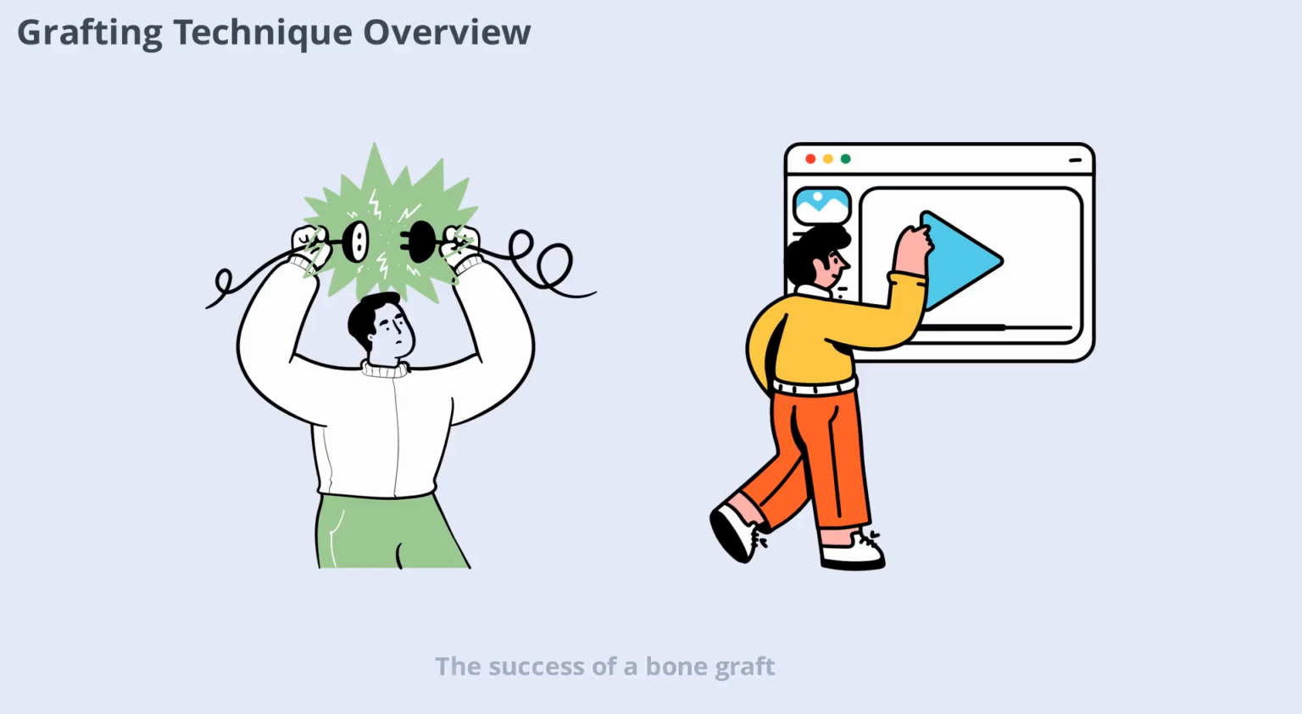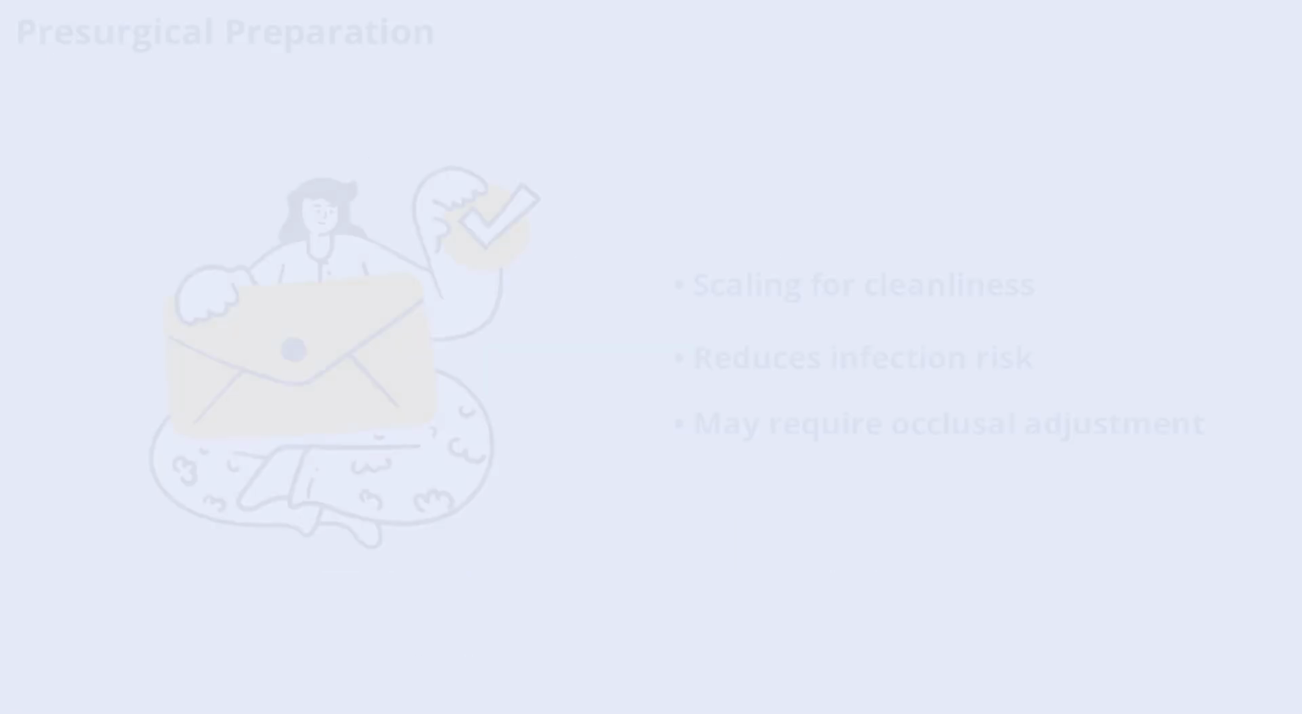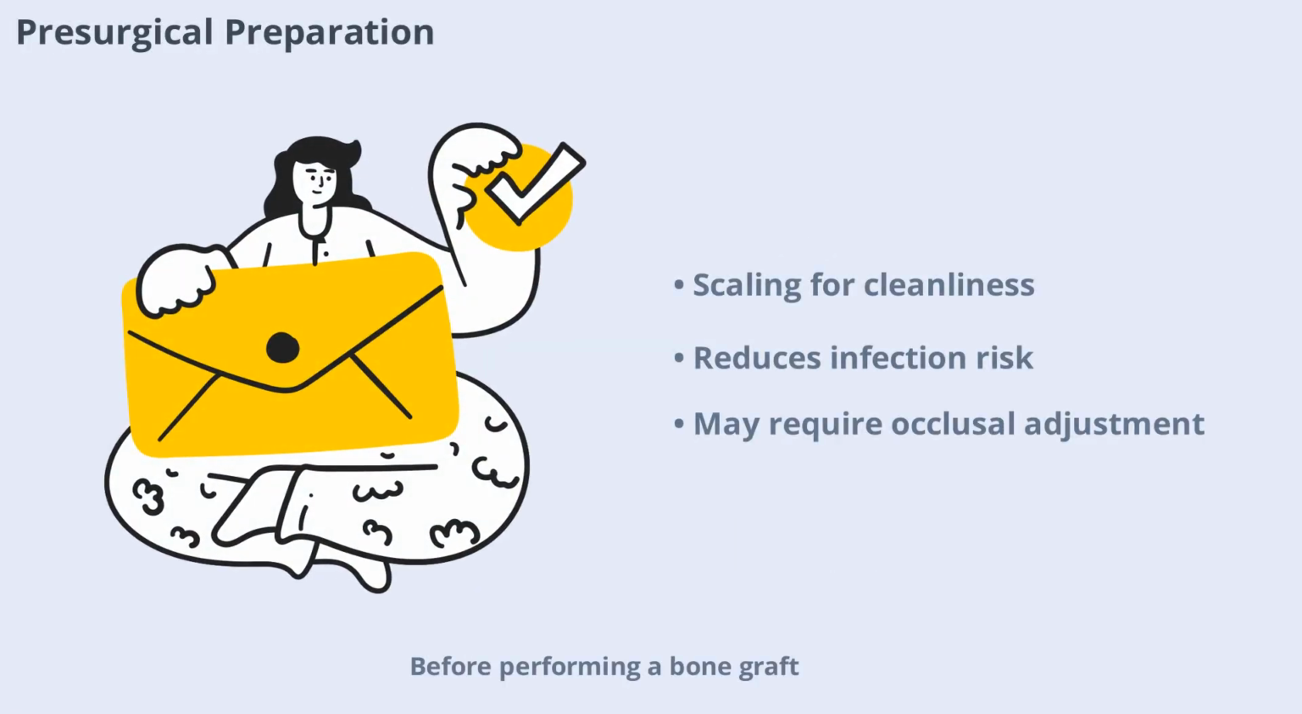The success of a bone graft also depends on the surgical technique used. Proper preparation and placement are essential for optimal results. Let's look at the key steps involved in the grafting technique, starting with presurgical procedures and moving through to post-operative care. Before performing a bone graft, presurgical scaling is often necessary to remove plaque and calculus from the teeth and